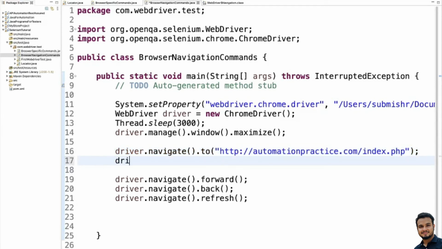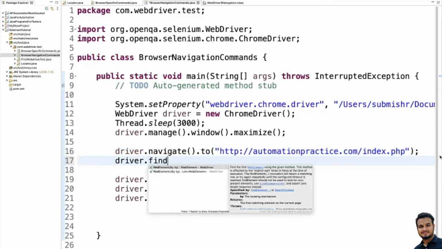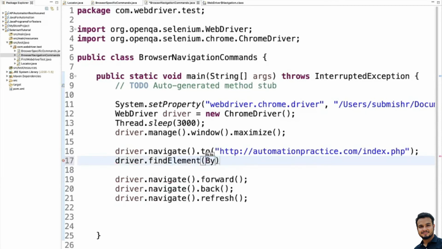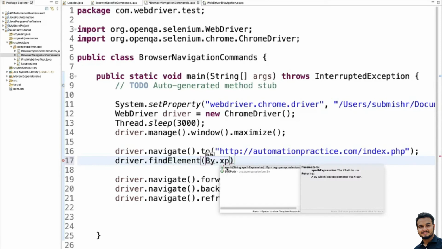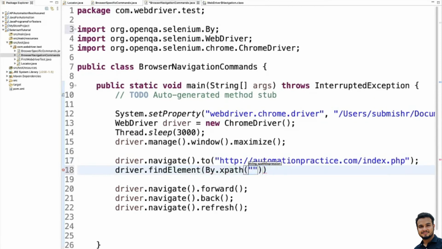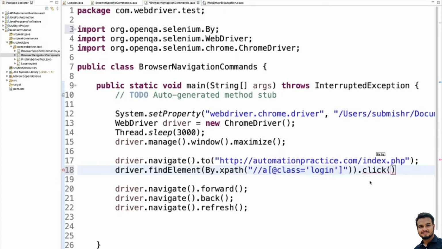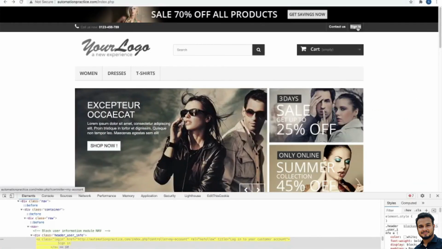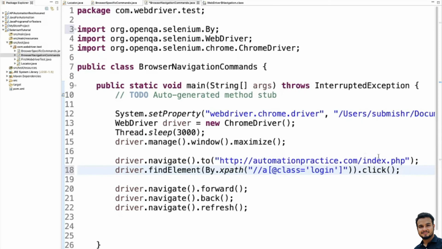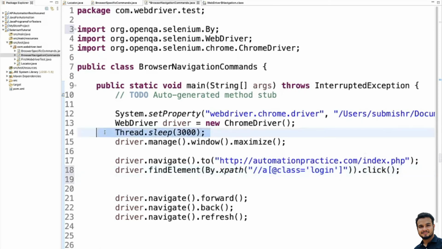So here we will do driver.findElement, By.xpath, then we'll write the XPath and then .click. Okay, fine. So we are clicking on this link. Once we click, I'll just add some Thread.sleep, so you will be able to notice it, else it will be so quick you will not be able to see this.